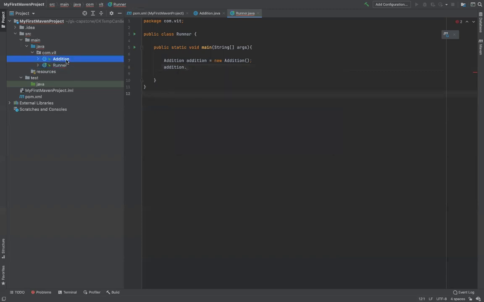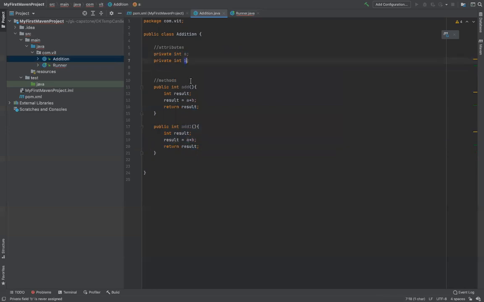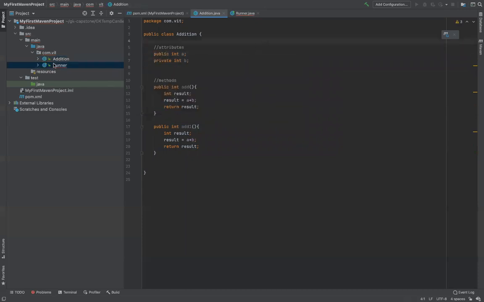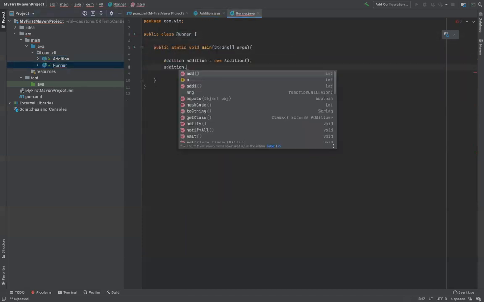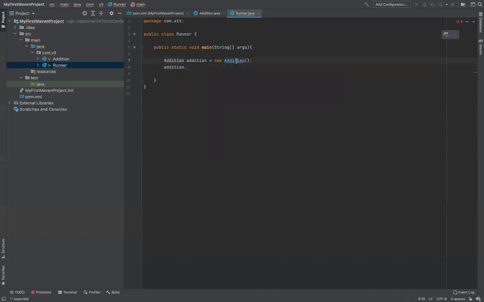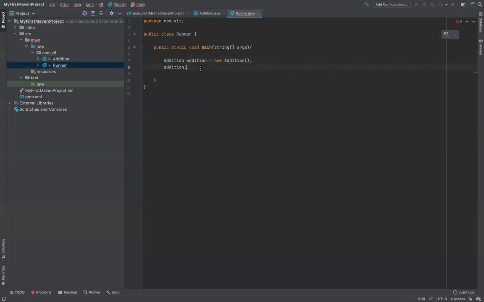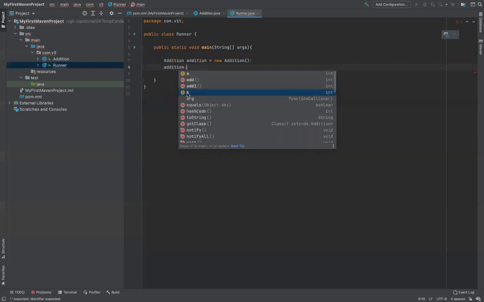Now, the second thing to notice is these things are not coming. Why? Because they are marked as private. What if I mark it as public? The moment I mark it as public, that means the moment I do a dot, I'll get this. You see A, previously it wasn't there, but now it is coming. B is not coming, but if I make this public and I do a dot, I get B as well.